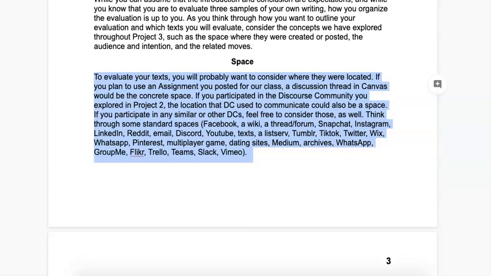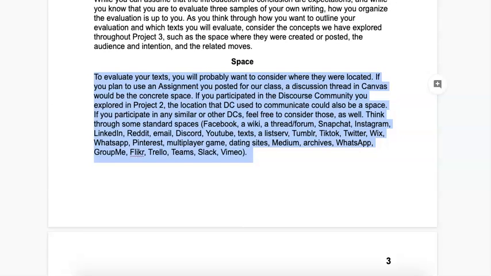If you plan to use an assignment you posted for our class, a discussion thread in Canvas would be the concrete space. If you participated in the discourse community you explored in Project 2, the location that DC used to communicate could also be a space. If you participate in any similar or other DCs, feel free to consider those as well. Think through some standard spaces: Facebook, a wiki, a thread/forum, Snapchat, Instagram, LinkedIn, Reddit, email, Discord, YouTube, text, a listserv,